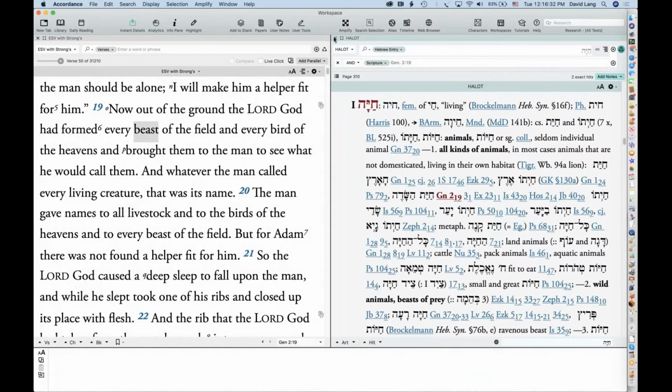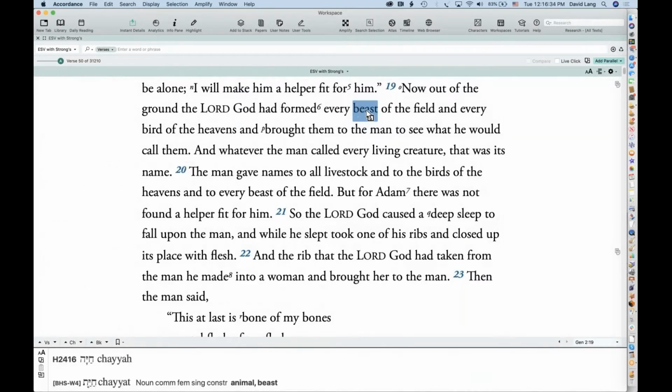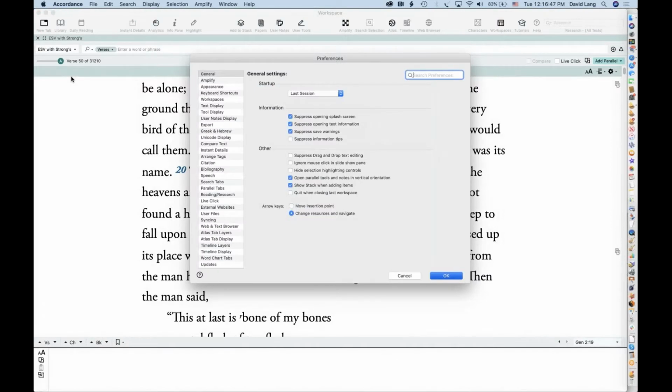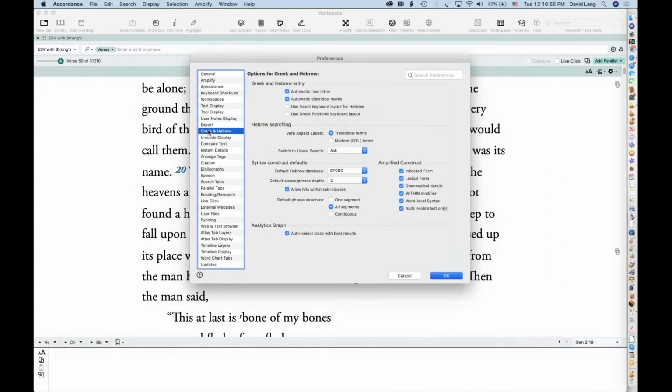What you may find is when you triple click, you'll get a Strong's number dictionary. And that's actually something that can be set in the preferences. So I'm going to go to the Accordance menu and go to preferences. I believe on Windows, the preferences are accessed through the Edit menu. And if we go to Greek and Hebrew, I think it is, no, it's Amplify.